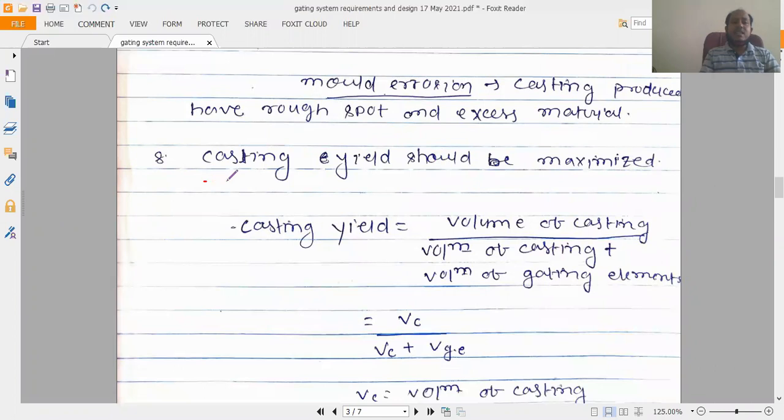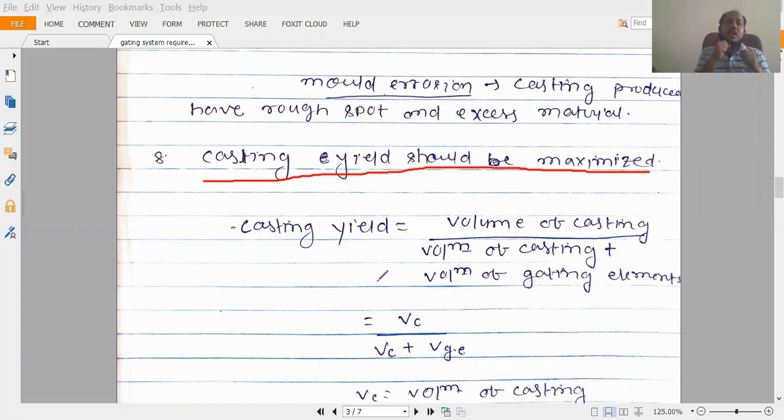Next thing, the casting yield should be maximum. What is the casting yield? So understanding casting yield is important. If we want an economical product, economical means whatever molten metal we need, only that much molten metal should make the casting, with very little wastage of material. For this we determine the casting yield. Casting yield is the volume of the casting